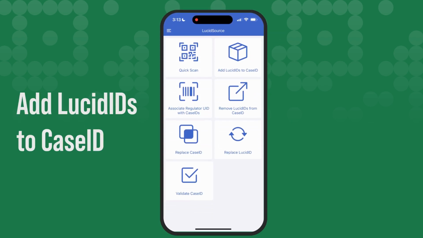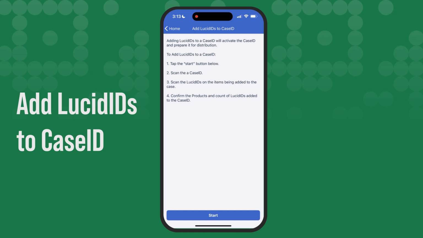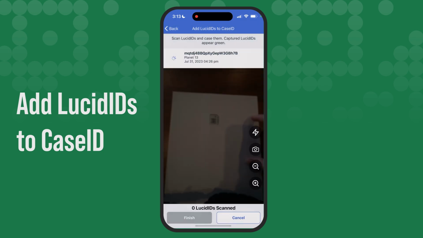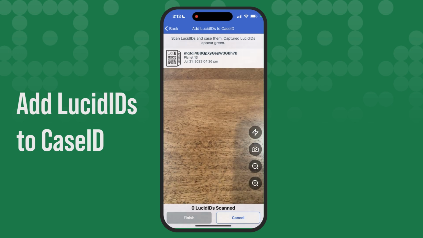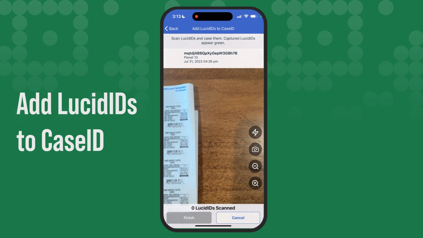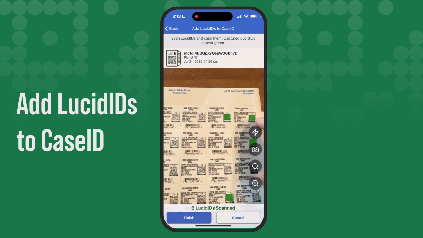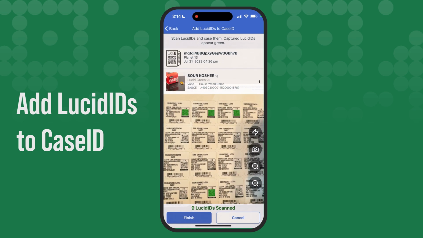The Add Lucid IDs to Case ID option allows you to add your Lucid IDs to the case for case packing. When selected, this option will prompt you to scan a Case ID and then scan the Lucid IDs that you would like to add to the case. The application will keep an active count of the IDs that have been associated to the case at the bottom